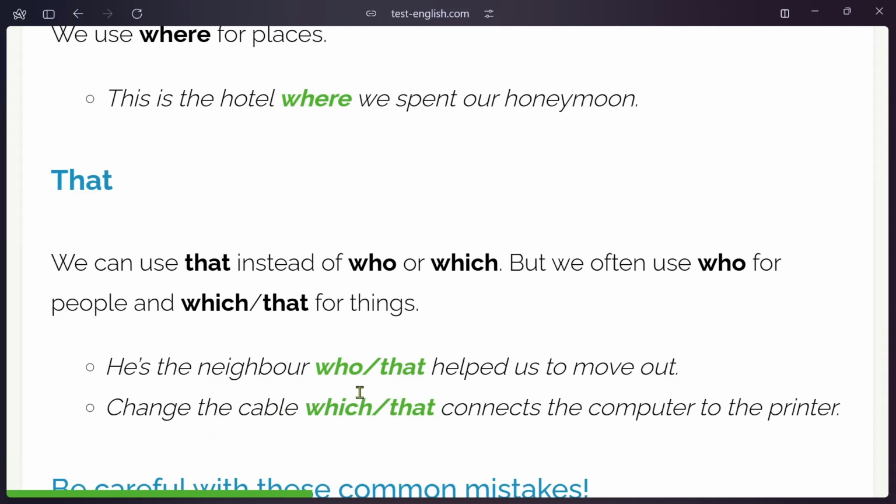Change the cable which connects the computer to the printer. You see, connects is a verb. What is the subject of this verb? Here, either which or that. Two clauses in one sentence. Okay, what if the subject